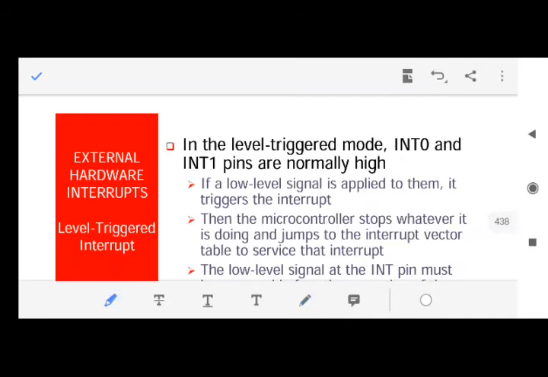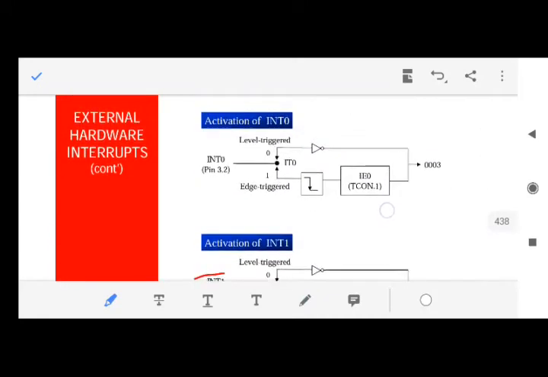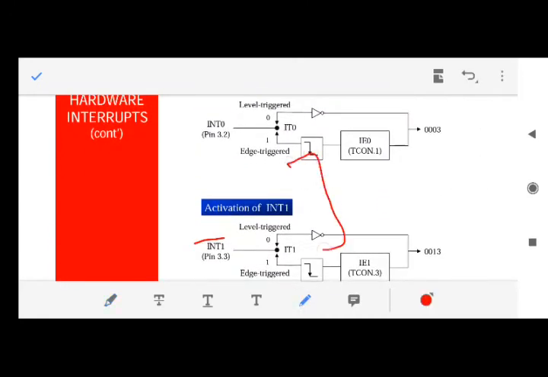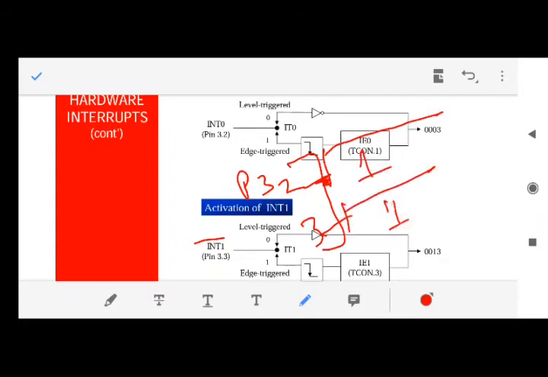How does this interrupt occur? In port 3, pin number 2 and pin number 3, the input to these lines is always high, always logic 1. And whenever an interrupt has to be made on this pin, it will become 0. This signal will become 0 for some time.